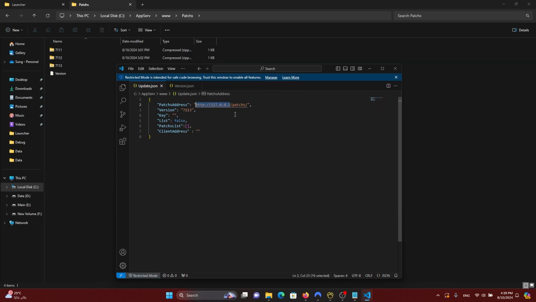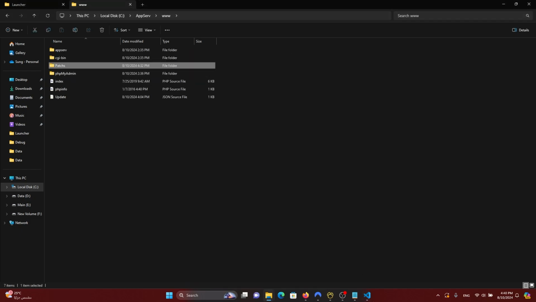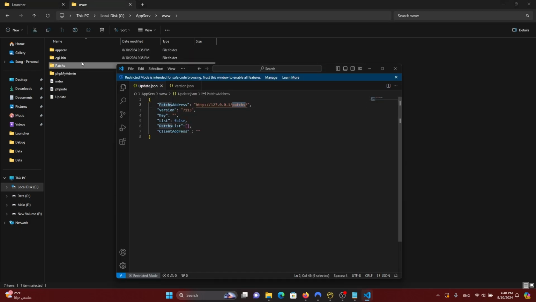In case you want to upload your patches in another place, just take them from this URL. So it's a feature for you. For example, you are using another host for your patches or anything, it doesn't matter. It will work. Okay, so you implement your patches path like this,